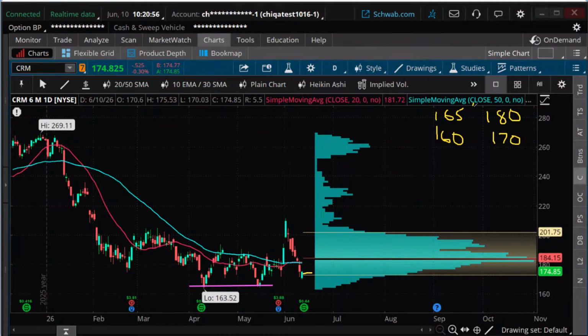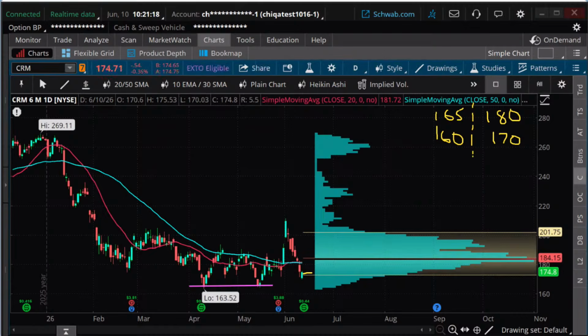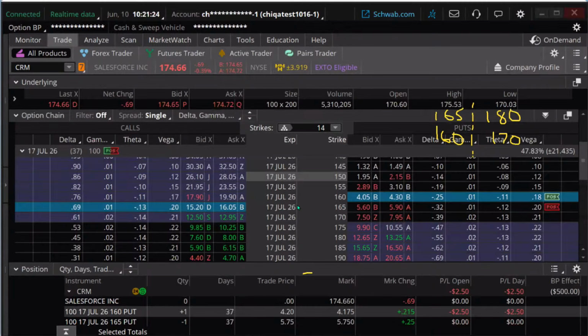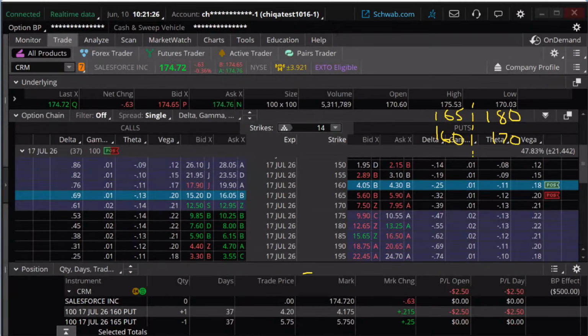And so yes, now let me hit a question in the chat. Harry asked a good question. The short contract is 165 in both cases. But remember, what's out of the money for a call is in the money for a put. What's in the money for a put is out of the money for a call. You can see that, by the way, when you look at your trade tab. And I don't know if you can see the shading here very well, but look at the shading difference between up here and here.